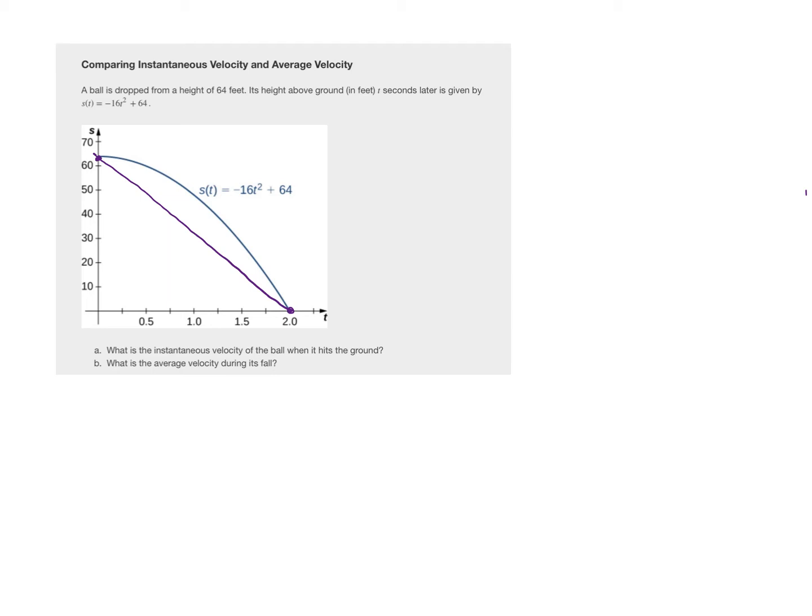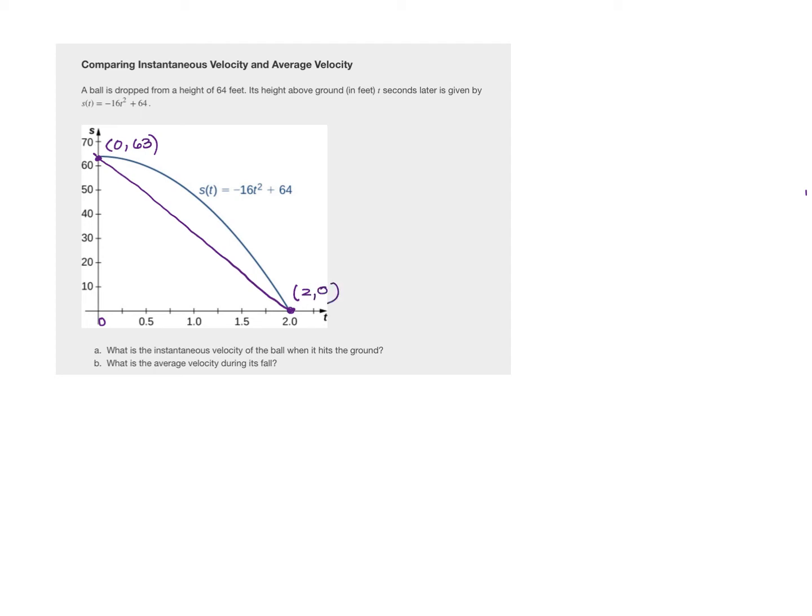So we have to give those points some coordinate pairs. So this first point is 0, and it corresponds to an s value of 64. So this is the point 0, 64, and the second coordinate pair is going to be 2,